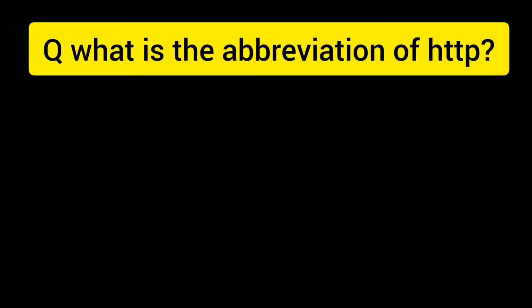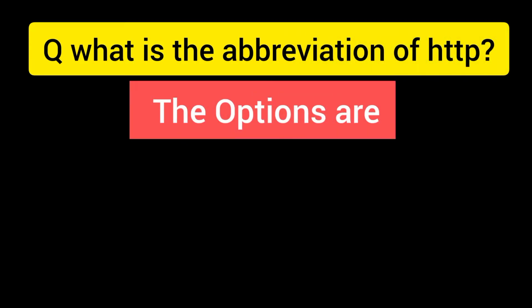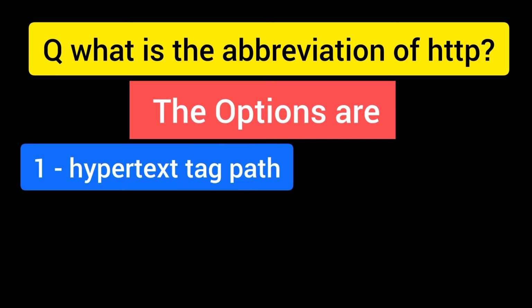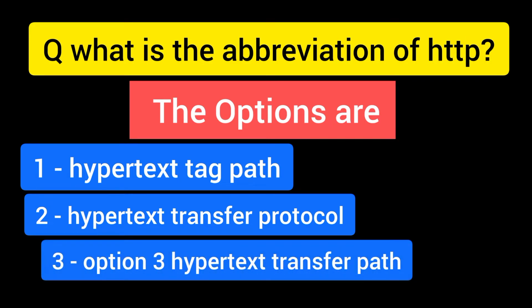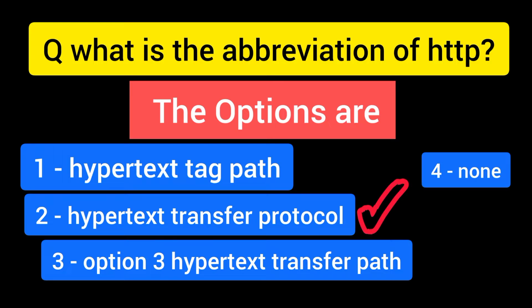Question number 16, what is the abbreviation of HTTP? And the options are option number 1 hypertext tag path, option number 2 hypertext transfer protocol, option number 3 hypertext transfer path, option number 4 none, and the right answer is option number 2 hypertext transfer